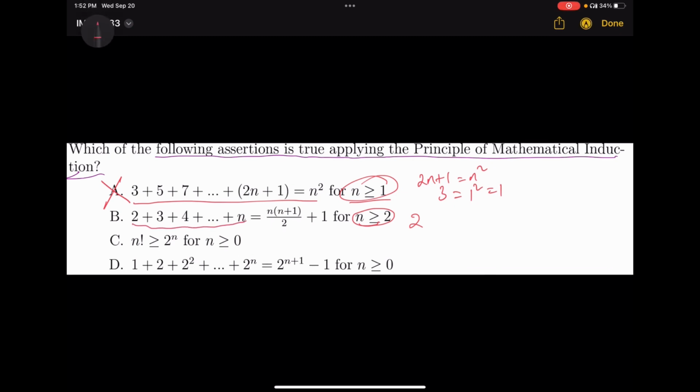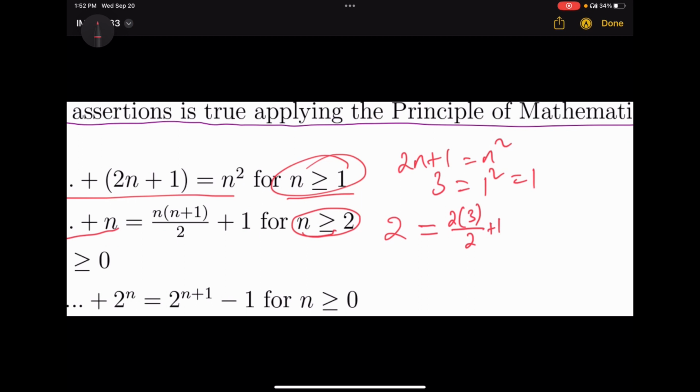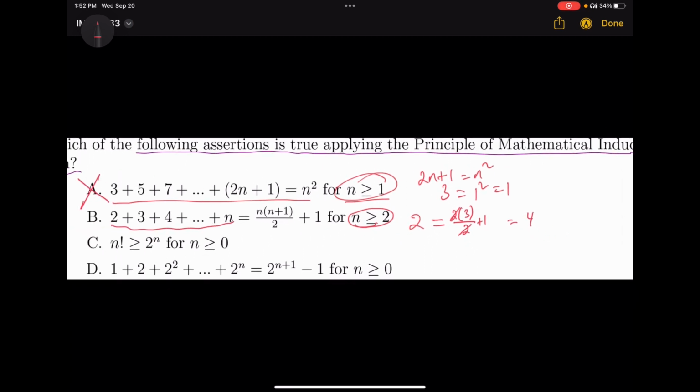Okay, now b ላይ ደግሞ ካየነው okay, left hand side ላይ n 2 ሲሆን ያው 2 ብቻ የምትለው ቁጥር ነው የምትኖረው። On the right hand side በn ቦታ 2 ነው የምትተካው። ከዛ 2 ሲባዛ 2 plus 1 that will be 3 over 2 plus 1. Okay, ከዛ 2 በ2 ይጣፋል 3 plus 1 it will be 4. ከዛ 2 is equals to 4 ነው እያልን ያለ ነው። Sum false ነው ማለት ነው። b አይሆንም።